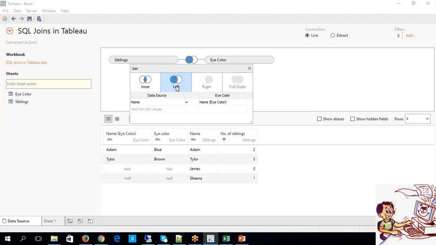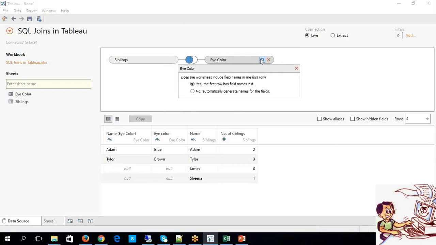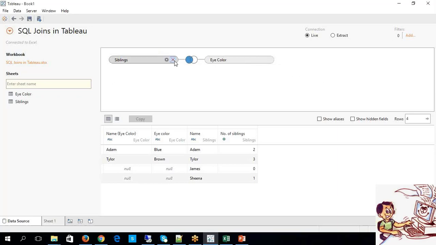Come on, guys. What could be the reason? Ganesh, might be the first table that we have taken, right? That might be the primary key, and the second table might be the foreign key relationships. That might be the reason, so to choose primary key as a left outer might be the reason.